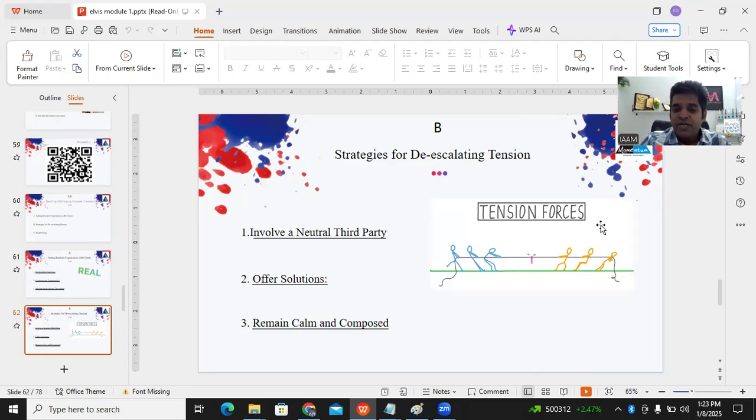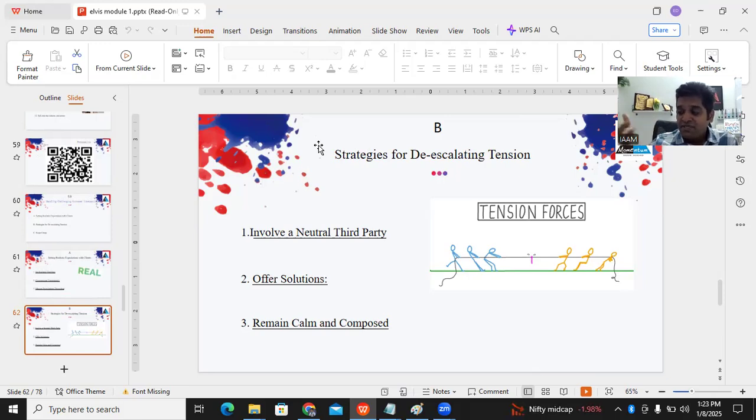Yes, so involve a neutral third party. Here I give them an example. Once I went to a tire shop to change the tire of my car, and I made a payment and still he did not get it. And so the tension increased. But then a third person came in, and he told each one of us, hey, it may be a technological problem, and don't worry, you take down his number. If you still don't get the payment later, you will get it. So this is how a third person is very important.